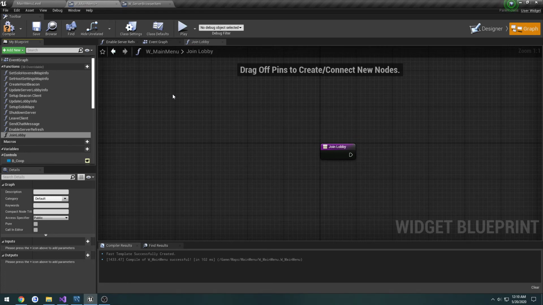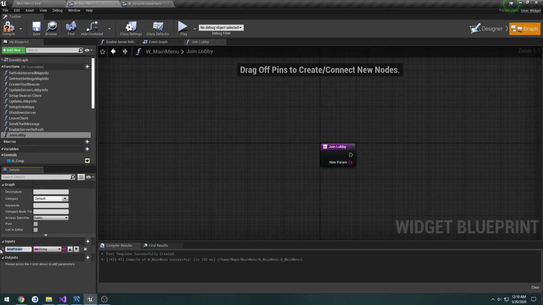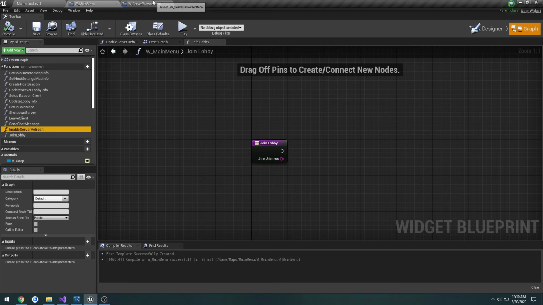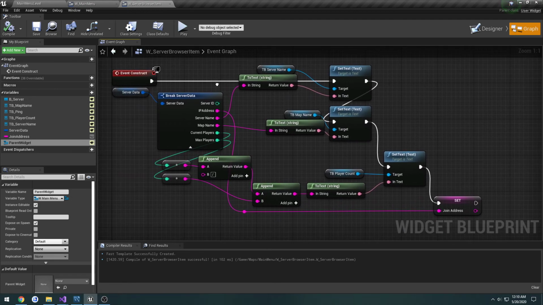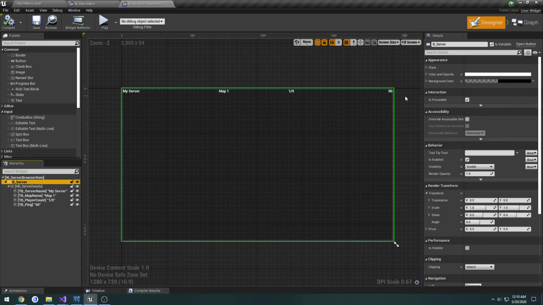and call it join lobby. It's going to be public, and it's going to take in a parameter of type string, and I'll call it join address. And I'll set all these to private, but it's not too big of a deal. So now in our server browser item, go to designer, on our button,